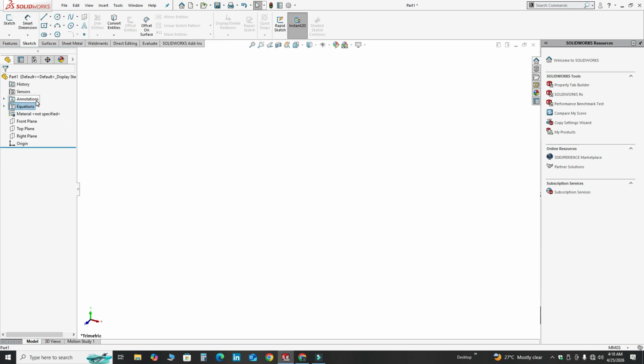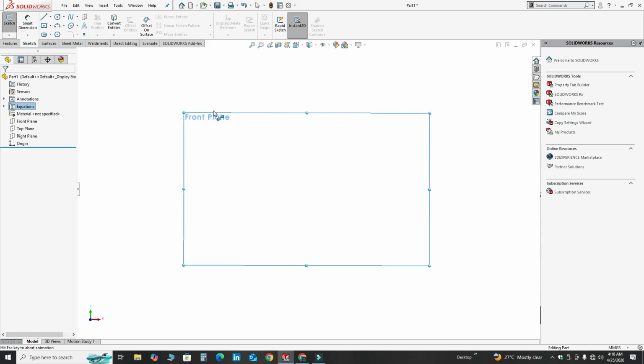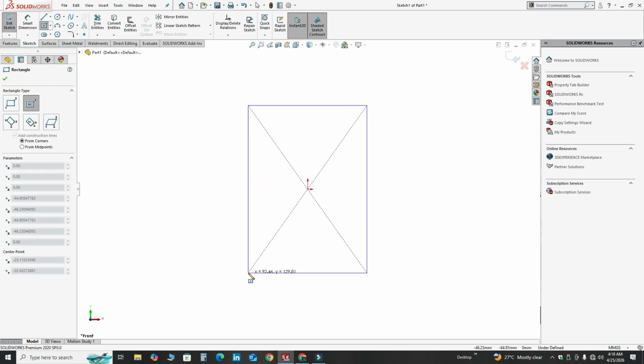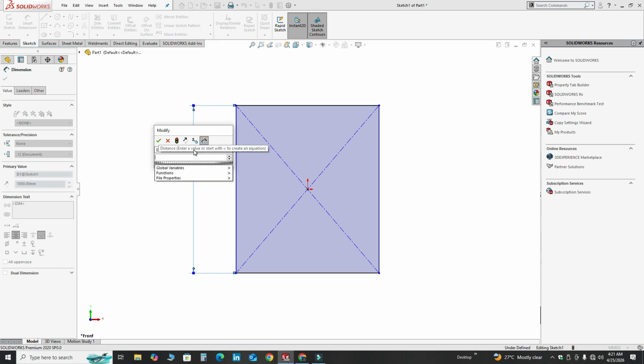Now I will create a rectangle. So go to Sketch and then I will create a center rectangle. Select Front Plane, like this. So I will go to Smart Dimension. I will select this line and I will go to Global Variable, select this global variable A that we have just created and select